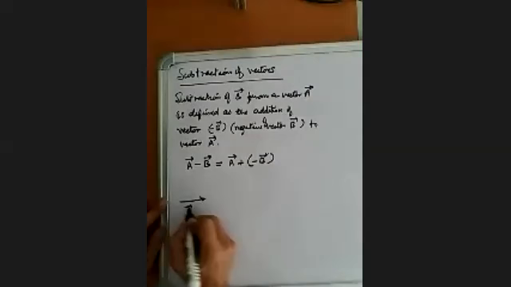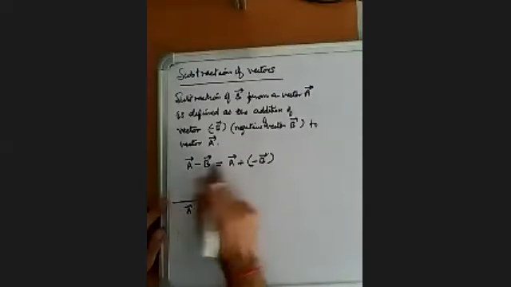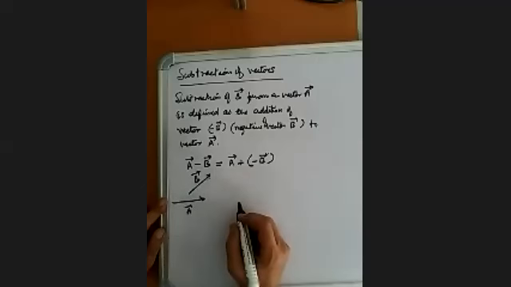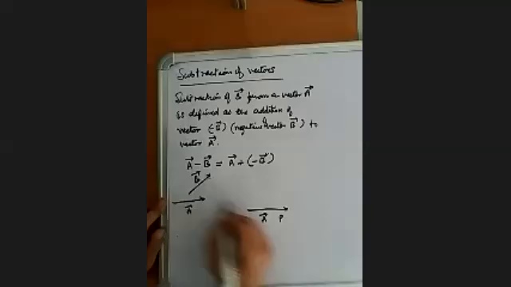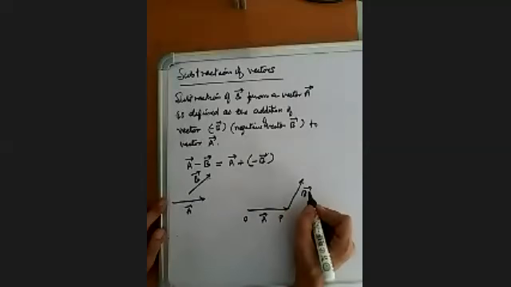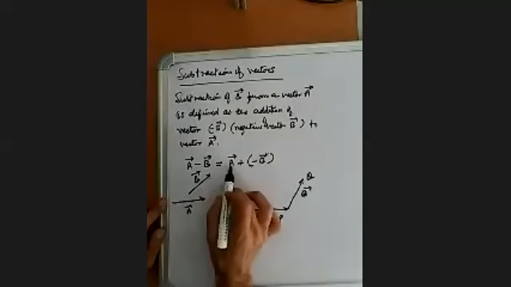Suppose this is vector A and this is vector B. Now to get A minus B, what we do is, let us draw A vector. This is vector A. Now suppose this is OP, join the tail of B to the head of A and draw the vector B. And we have drawn this vector B, that is say PQ. Now we want to find out A minus B.